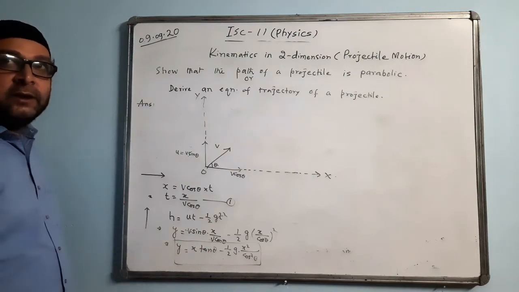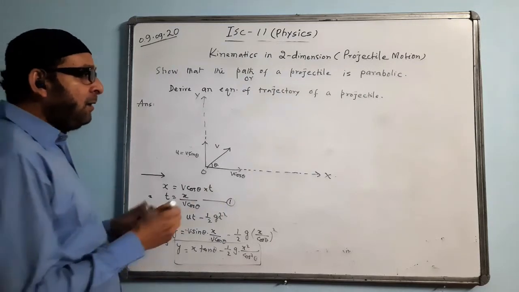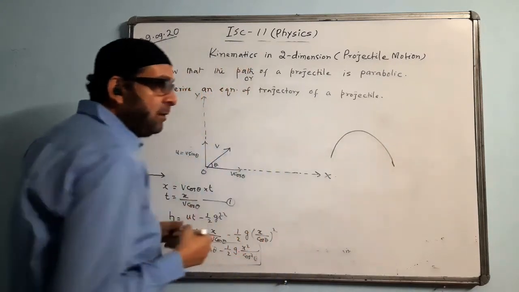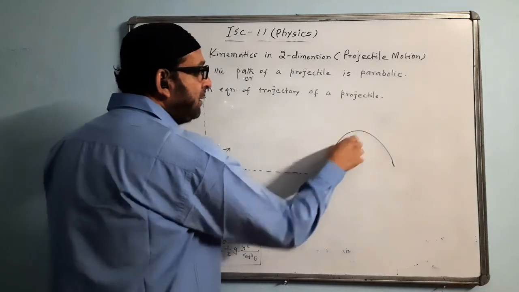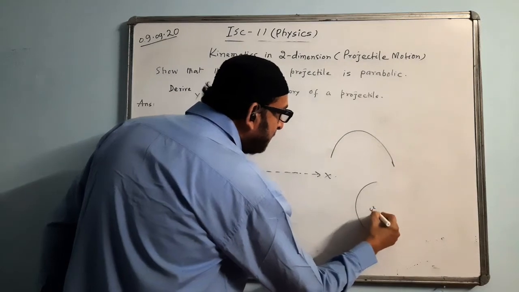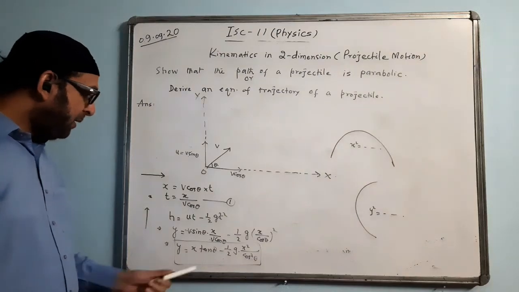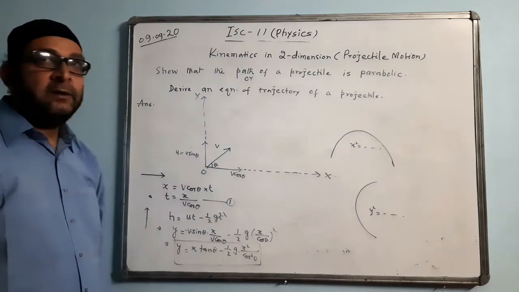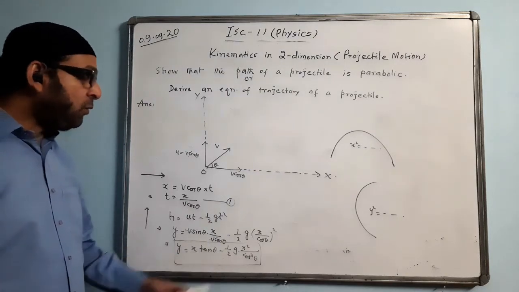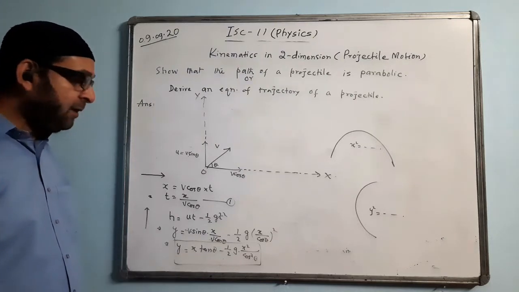When we have an equation in which either x or y becomes a square, that represents a parabola. A parabola is this kind of shape. If the square is in x, it will come like this. If the square is in y, it will come like this. This is y square is equal to something, and this is x square is equal to something, a parabola. So here the square is coming in x, and we have a shape like this. Such an equation represents a parabola, which you will study later on in maths, but just have an idea about it.